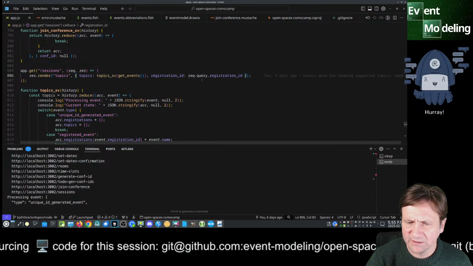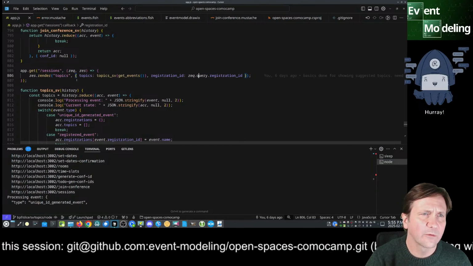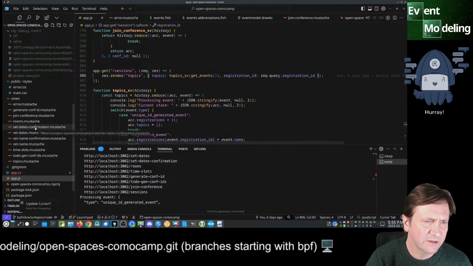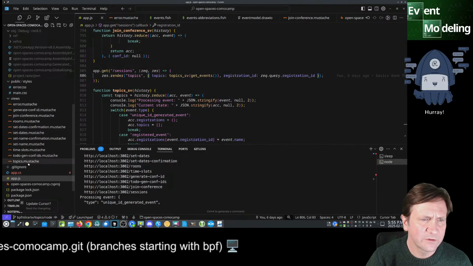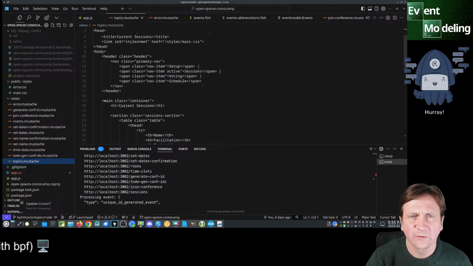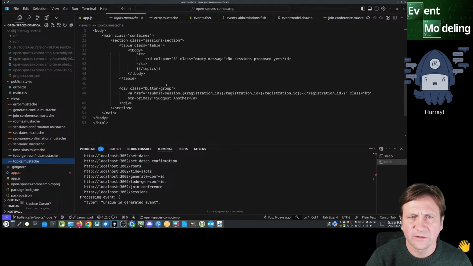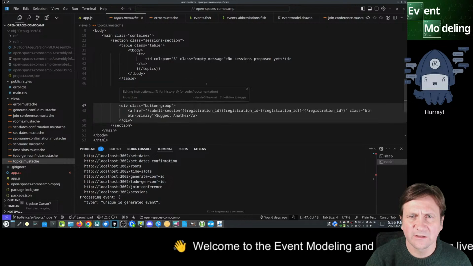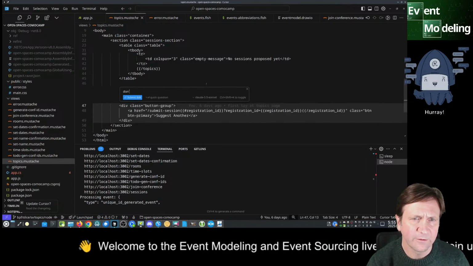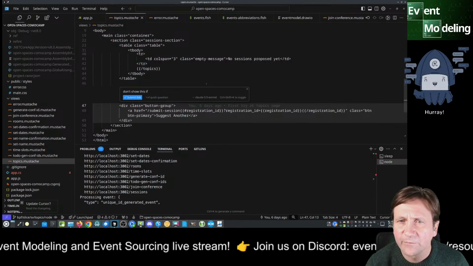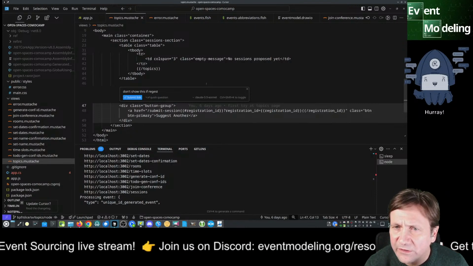I believe that that's null, so I want to go back and fix this thing where we don't want to suggest anything else. So here are our views, and this is our topics mustache. And here where we have suggest another, we just want this to disappear. So let's just edit this. Don't show this if registration